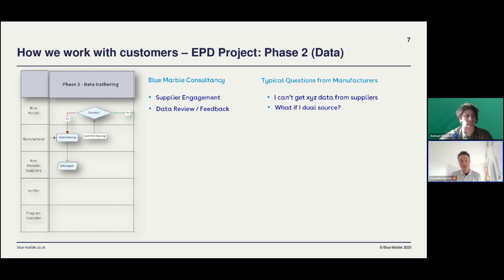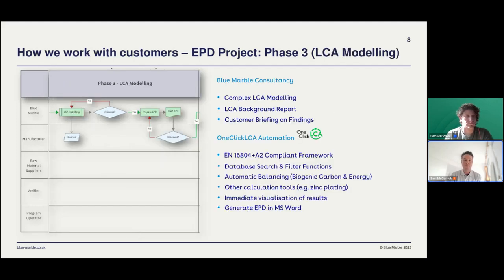Then once we've got the data and we're ready to start the LCA modeling, this is the point at which One Click LCA really comes in for us. So I think the first thing I'd say about the One Click LCA software is that it exists. If you remember, I gave an example of some other LCA clients that we have where we don't use One Click LCA. One Click LCA is specifically built to comply with the standards,